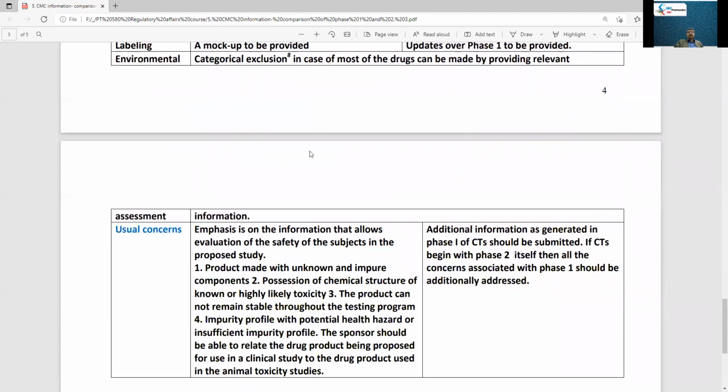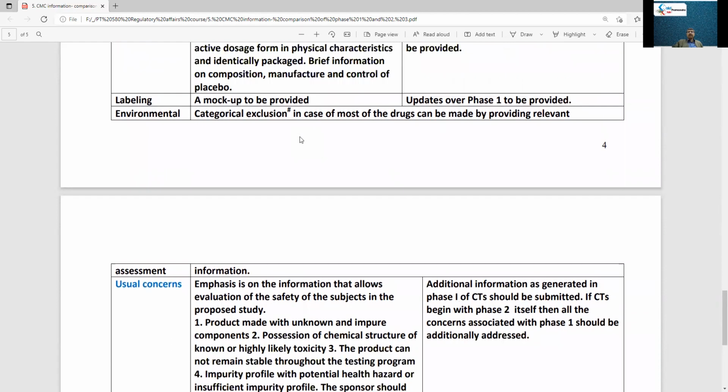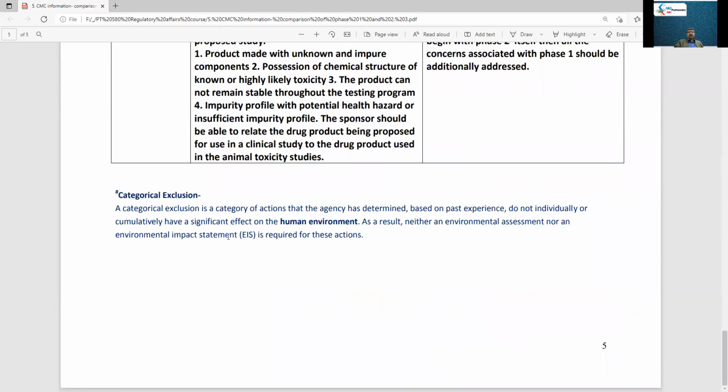There is another information related to the environmental assessment, which is the impact of the manufacturing of the product on the environment. In US FDA, it is essential to provide the statement of environmental assessment. So the company can provide a categorical exclusion in case of most drugs by providing relevant information. And what we mean by categorical exclusion is